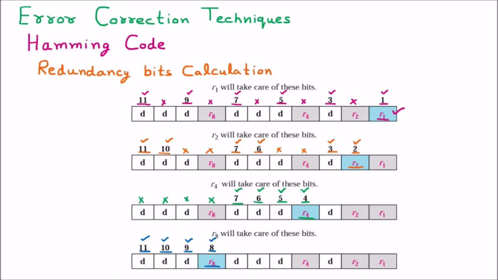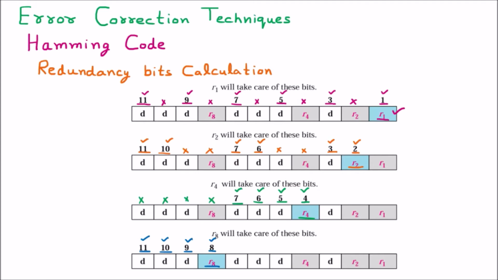Here you can see that R1, R2, R4 and R8 are the redundancy bits and they have their own purpose and roles. Based on that, they care about their own data. Just like you assume that there is a class of 60 people. In the class of 60 people, I have placed a coordinator at every 2 raised to the power number: 2 to the power 0, 2 to the power 1. These coordinators are going to take care of their own people. Similarly, the redundancy bits are like the coordinators which have their own purpose. They are going to check their own data.